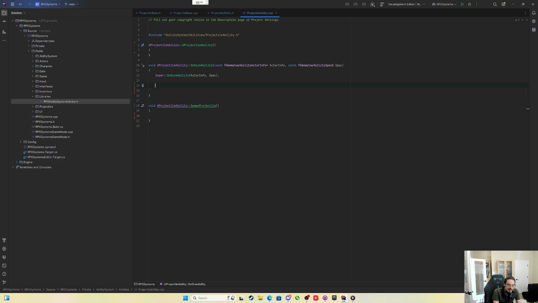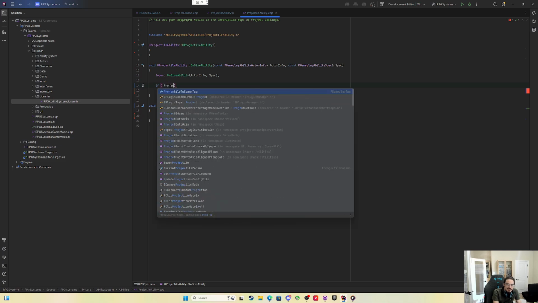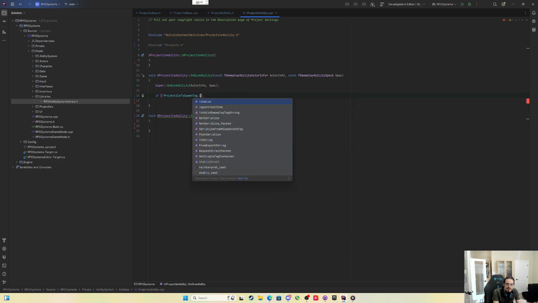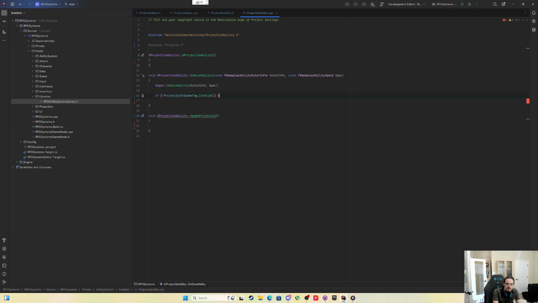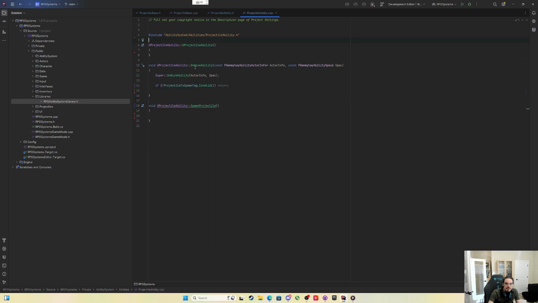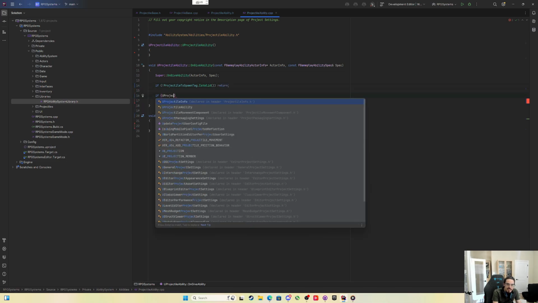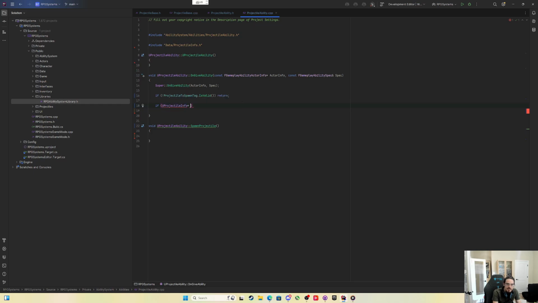And then what I can say in OnGiveAbility is we're going to start by checking if not ProjectileToSpawnTag.IsValid. We could just do an early return. Get rid of this auto included header. We can just do an early return, because then we can say UProjectileInfo pointer ProjectileInfo equals